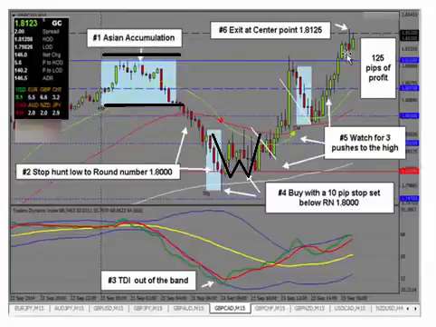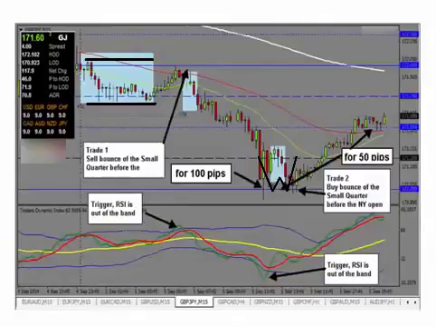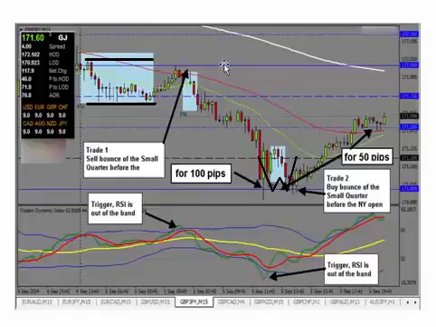Here's an example with a pound yen. Asian accumulation set, stop hunt to the high, bounce right at a small quarter point, TDI out of the band, that's your entry signal, 15 pip, 20 pip stop above the small quarter point. The intended trend of the day was down. The pair bounced exactly at a small quarter point and came up,